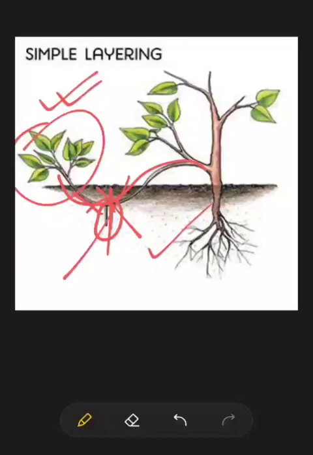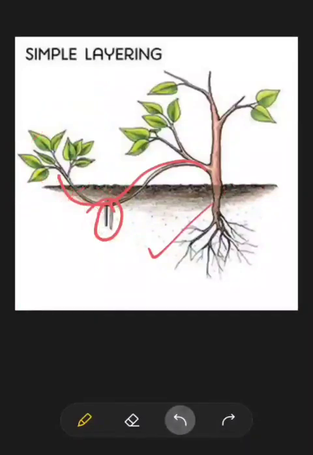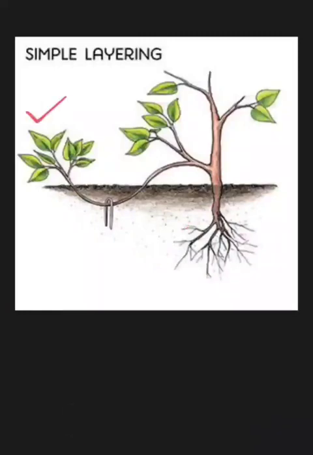In some grasses also this happens. The stem grows along the soil forming roots. So this is just one example. It can continue like this, and it can continue here as well. When the new plant is mature enough, this part of the stem gets cut off from the parent plant, and then this plant grows on its own. So examples include strawberry, some grasses, mint, etc.